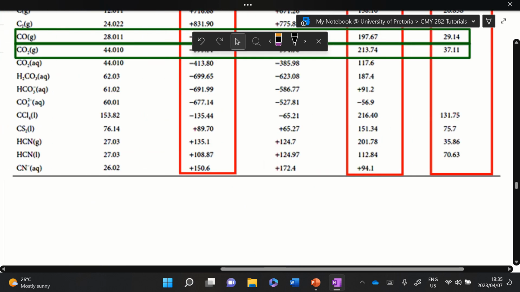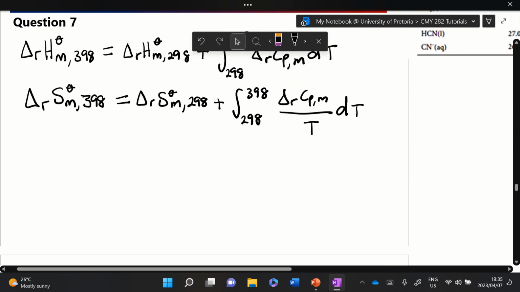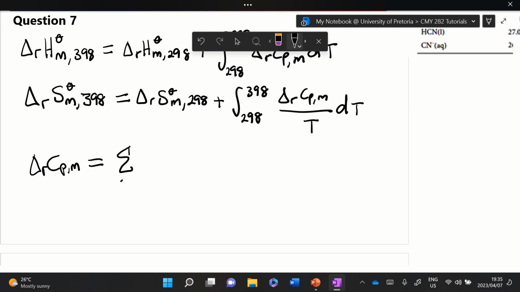So we just use this normal equation: ΔᵣCpm is equal to the sum over i of Cpm of the products minus the sum over i of Cpm of the reactants